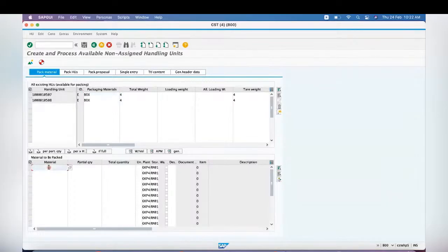What is the material? 252, 1 quantity, total quantity 2. Here the location is RMP1, destination is RM01. Okay. See, whenever you are going to do the packing, the source should be the partner location and the destination should be the main location. Copy this